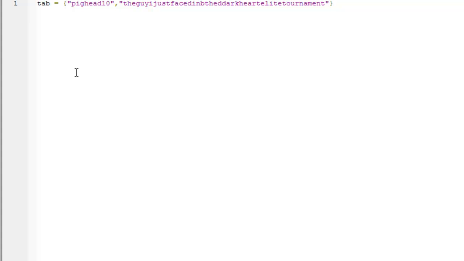So we're going to make the index of that one a winner, and we're going to make the index of this one a loser. So to access Picker10 at the moment, as you probably are aware, you type tab, put in this bracket, what's its index? 1. That's Picker10. That's the first item in the table, which is this. So we want the index of this to be winner. So we're going to use tab,